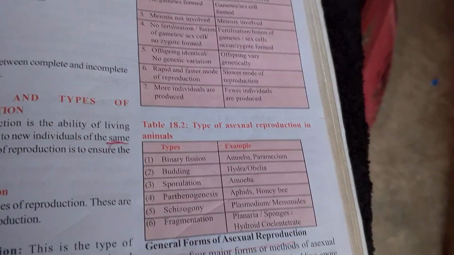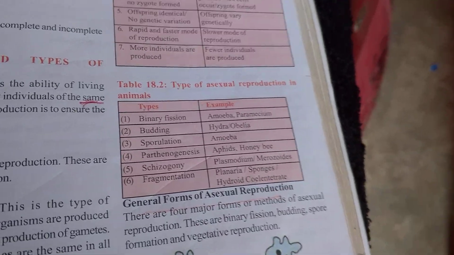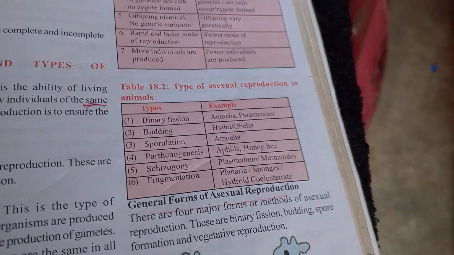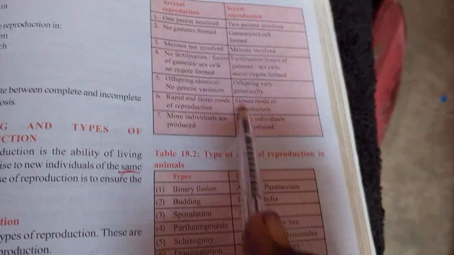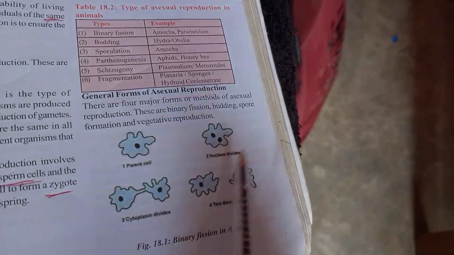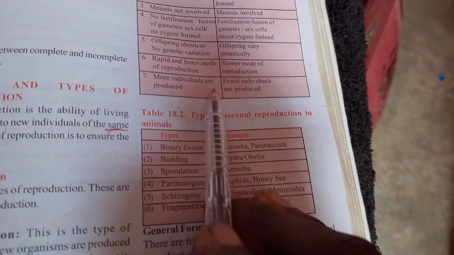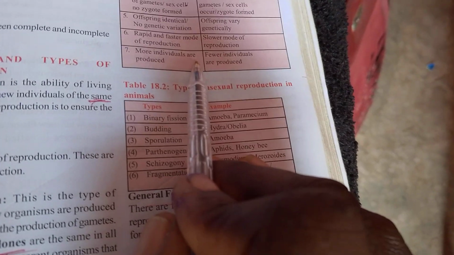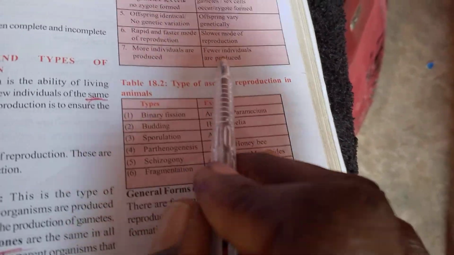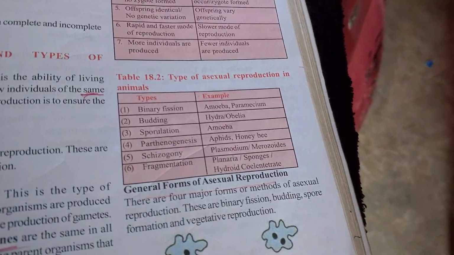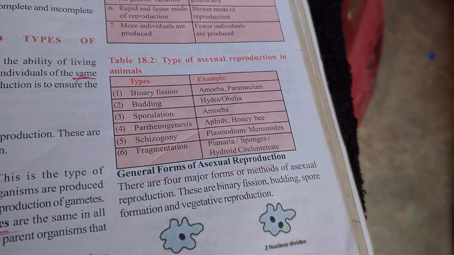You and your mom don't look exactly alike. Your DNA is different, your fingerprint is different. Even if you are twins, you cannot have everything alike. Then asexual reproduction is rapid and fast, while sexual is slower. This one just splits into two, keeps on splitting, forming different ones. More individuals are produced, maybe like 15 within a month. While with sexual reproduction there's the gestation period, the period it carries the pregnancy, or the incubation period, talking about viviparous or oviparous animals.